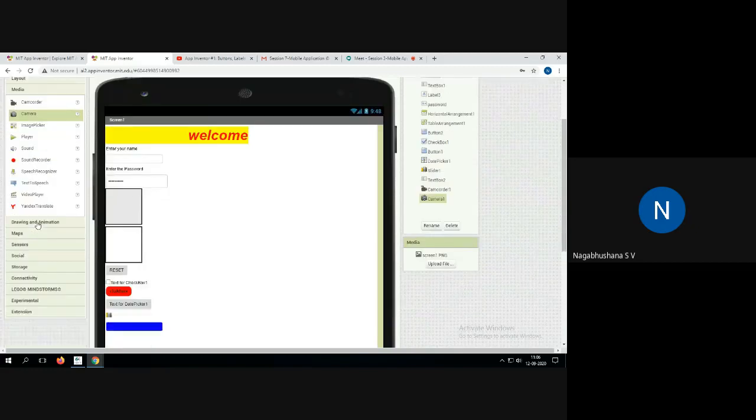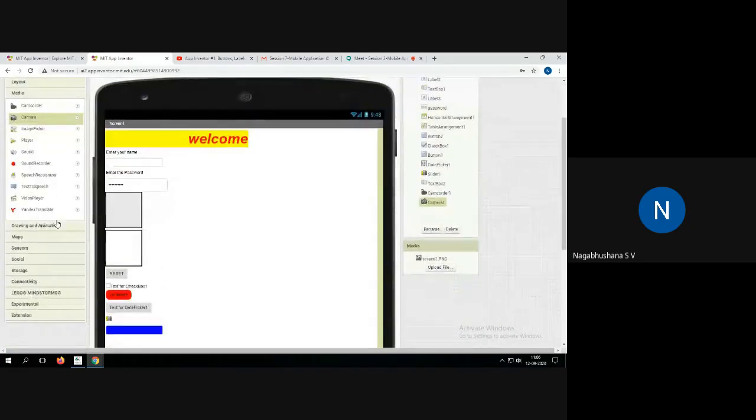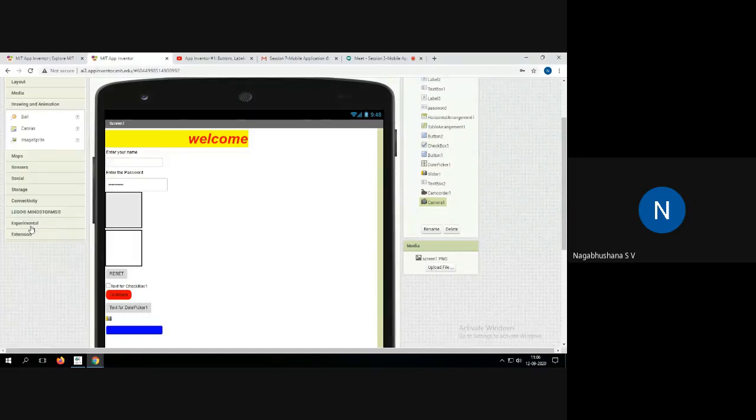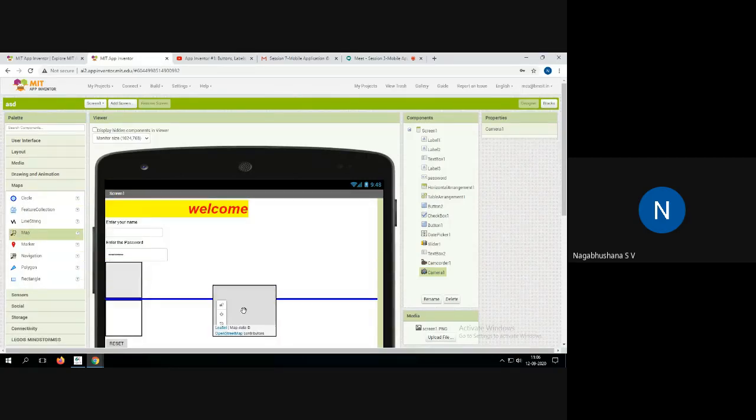All these components are available under media. Wherever there is multimedia content, you can just drag and drop here. And if you want to draw any kind of animations and other things, that is possible. You can also have maps, different kinds of maps. You can have it here, you can see here.